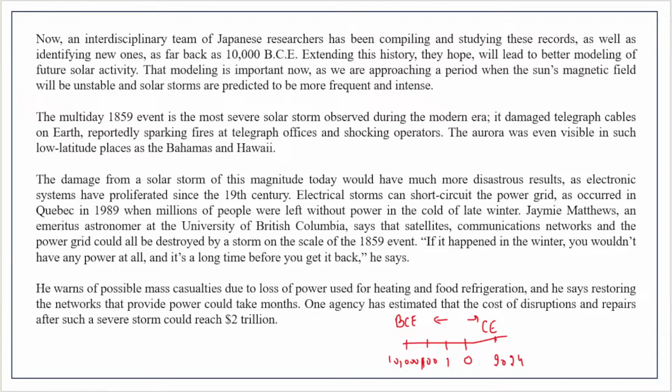Okay, and he warns of possible mass casualties. Mass मतलब कि on a large scale, बहुत सारी. So hundreds, thousands, ठीक है, even more. Casualties are deaths. So there'll be so many deaths because of loss of power, which we use for food, refrigeration,